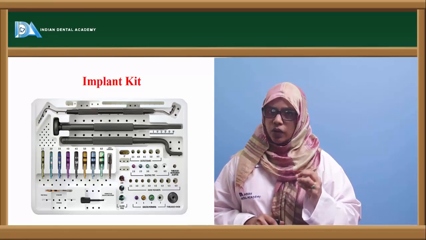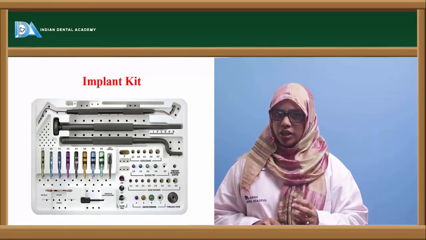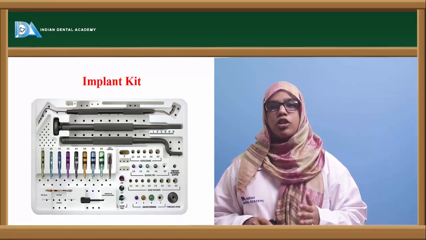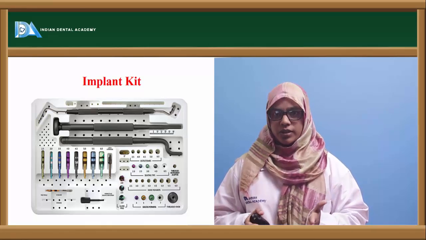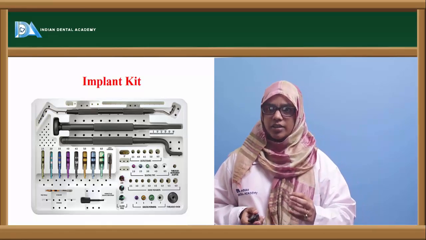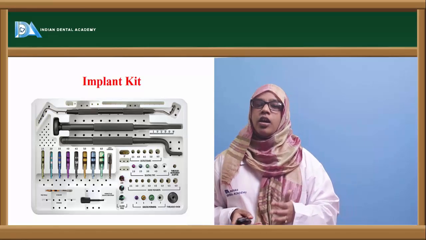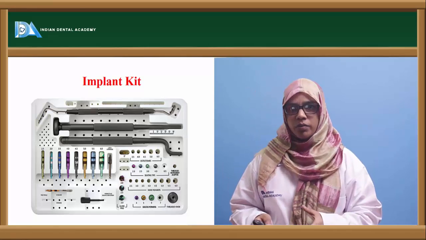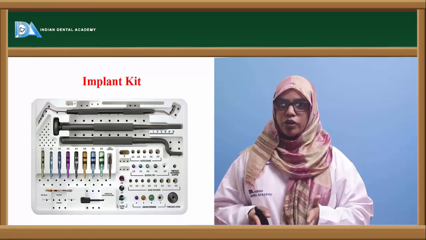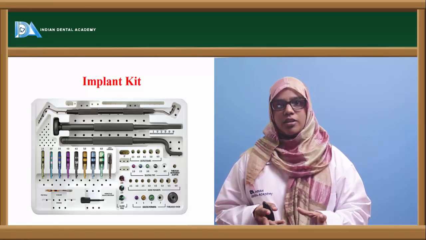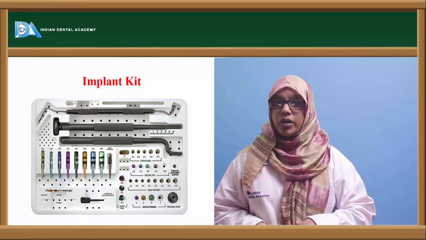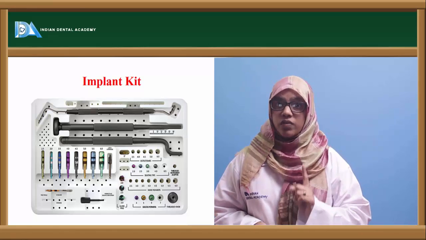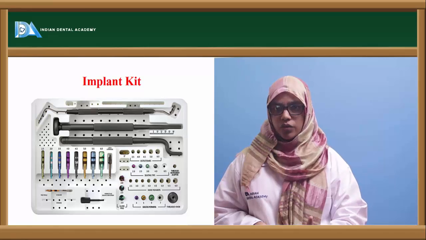So once you have got your desired length and checked it with the depth gauge, you sequentially enlarge the size using wider diameter drills. Start with the lesser diameter and go up. If you are using a 4.2 mm implant, you will make your osteotomy around 3.8 to 4 mm. That also depends upon the density of the bone. If the bone is very dense, you will make a 4 mm osteotomy.